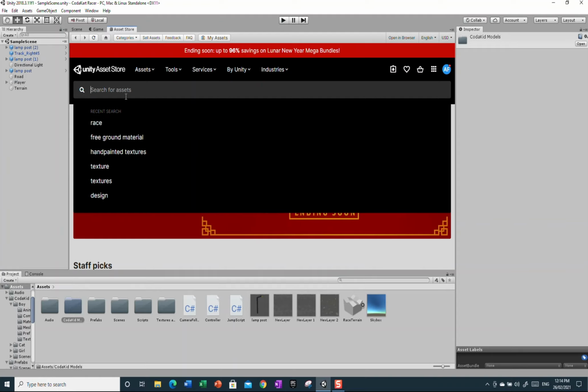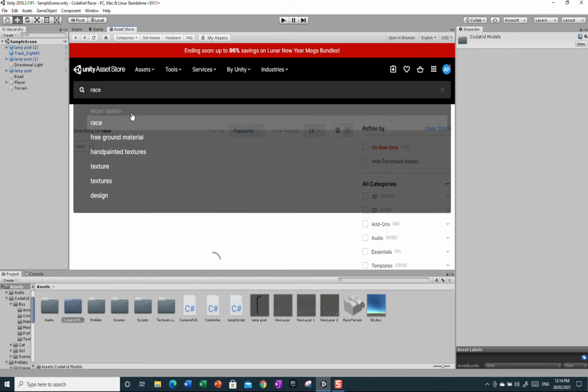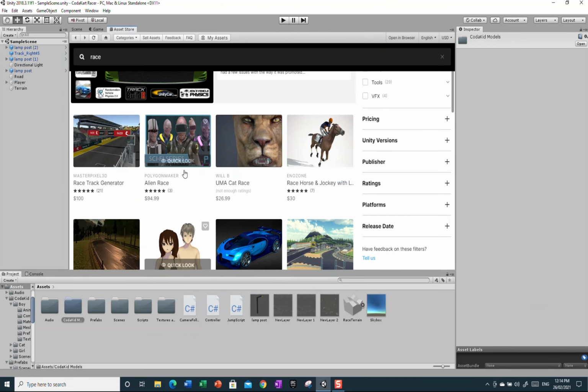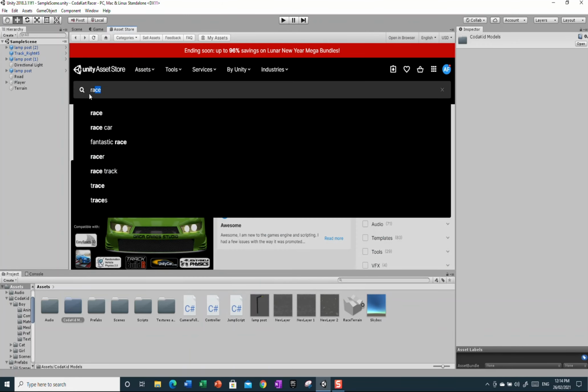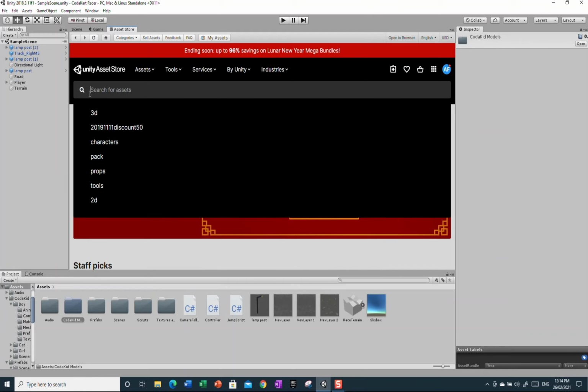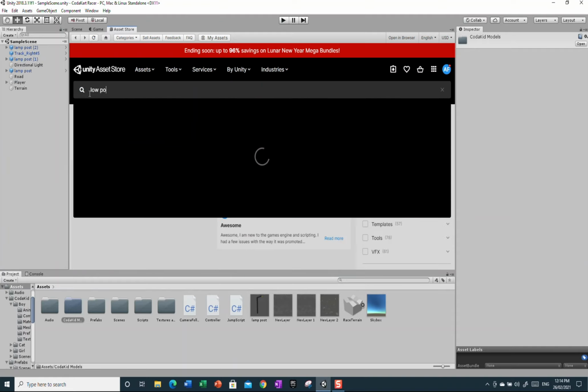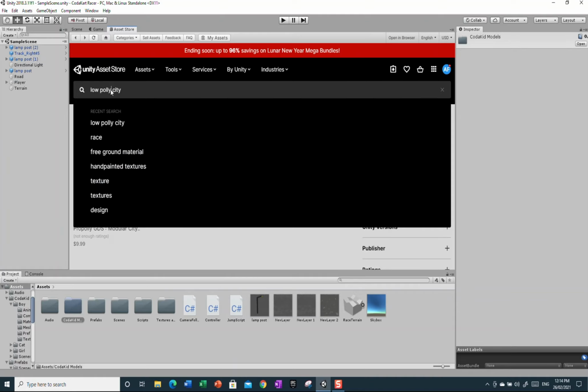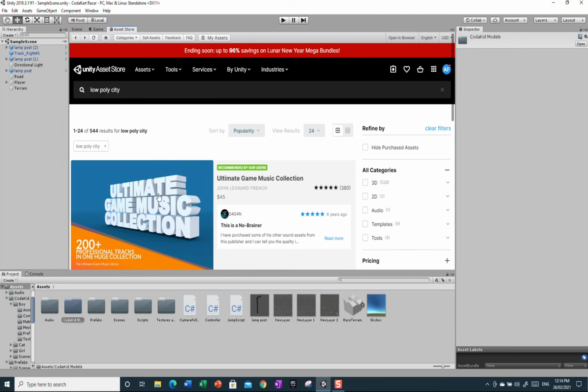Okay, so we're just gonna search for assets, and I'm gonna search for race. If I don't find any, I might not go with them. Might go with low poly city. Yeah, that looks good. Low poly city. Oh no, my bad. If you're looking for something like this,